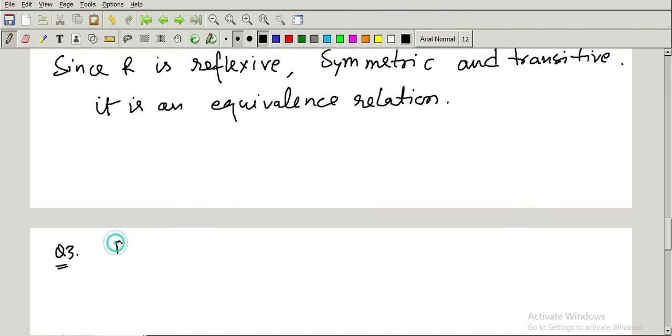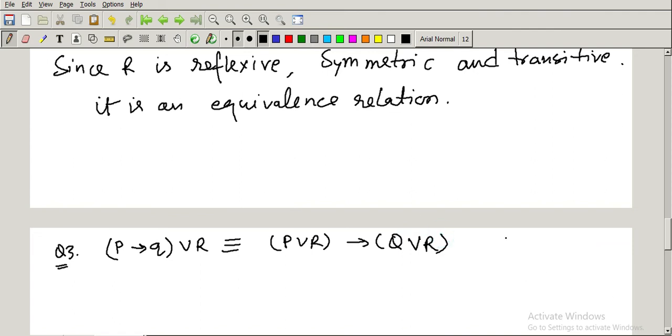Let me write these expressions: P then Q, or R, is equivalent to P or R, then Q or R. So to prove this,